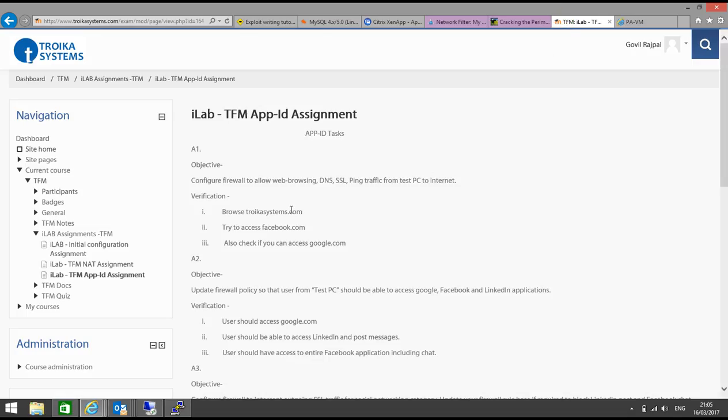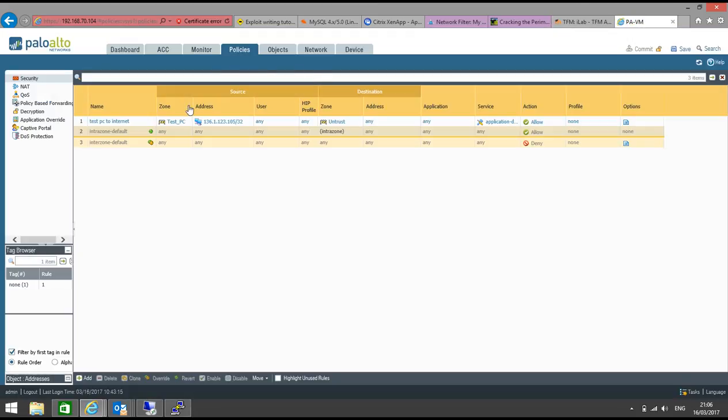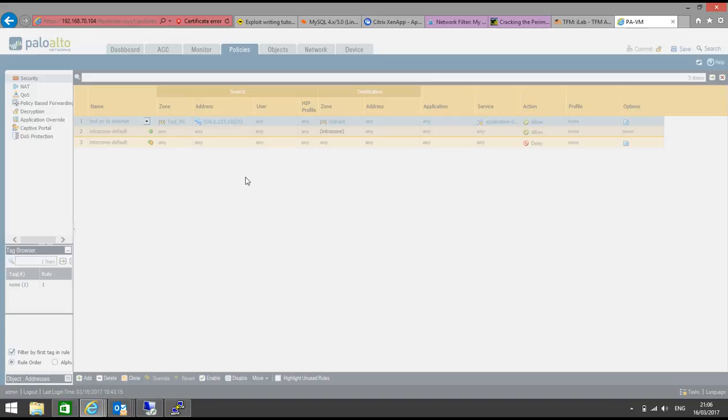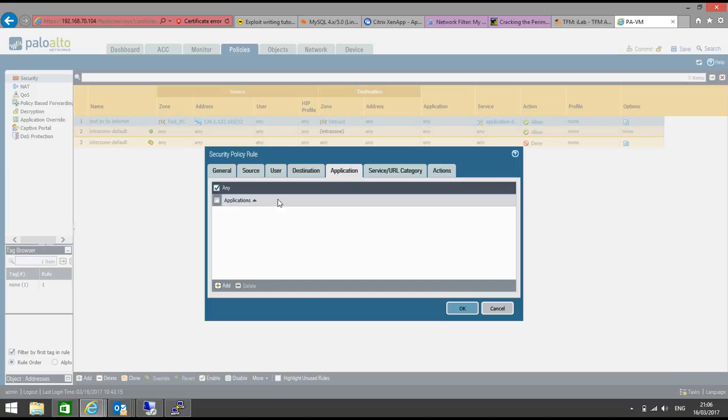Lab number 1 says configure the firewall to allow web browsing, DNS, SSL, and ping traffic from test PC to internet. And then we have to do verification, which says browse troikasystems.com, try to access facebook.com, and also check if we can access google.com. Okay, so go to the firewall, policies, and under policy we need to update this policy. It says as of now application is any,